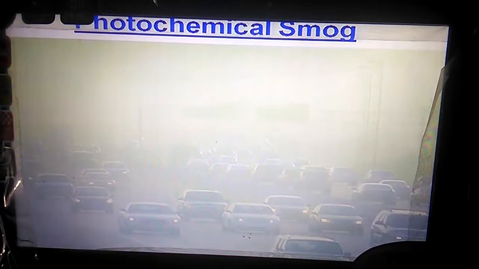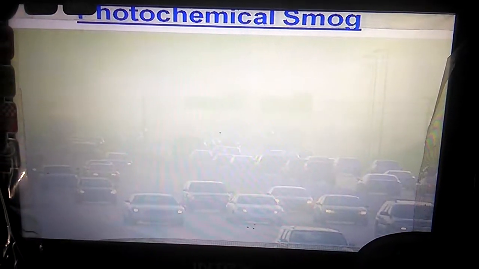Now look at the picture below. What you see is, not only do you see so many cars running, but if you look at the atmosphere, it's very, very hazy. No way can you say that it is clean air that you are breathing. It's very hazy.